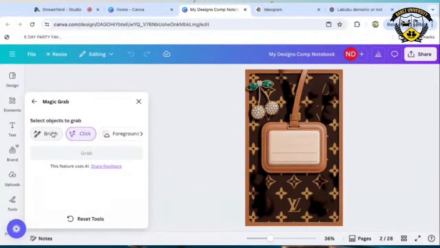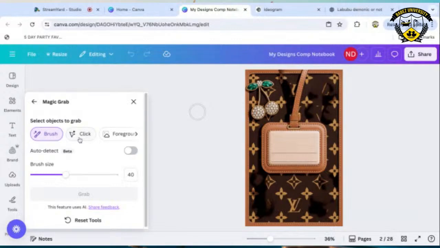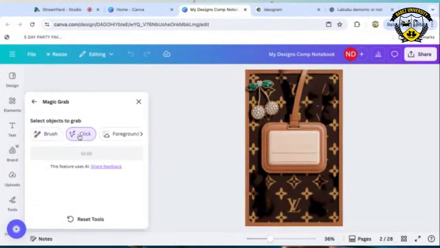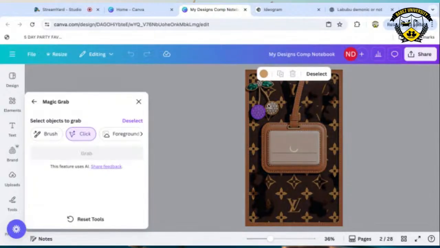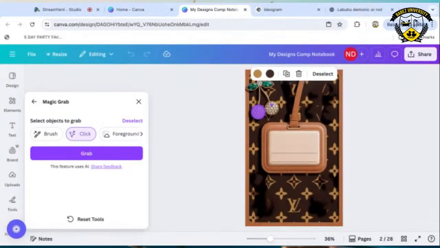It's not grabbing it. It's moving in slow motion. I wish I could replay this. I'm going to have it on